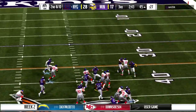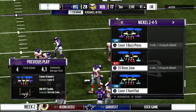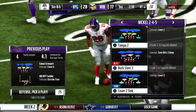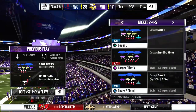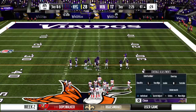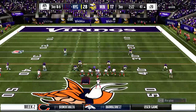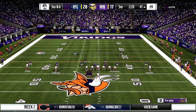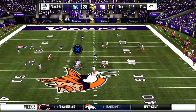Now they try the right side here. And he's going to fight his way forward here for a modest gain. Give him 4 on the ground there. They're now left with 3rd and 6. Sometimes with the running game, you've just got to stick with it. Look, it's the 3rd quarter, no time to panic. But that also doesn't mean you just do it the same way you've been doing it the entire ball game. Maybe you change up some blocking assignments or run a few different plays, but stay with the overall essence of